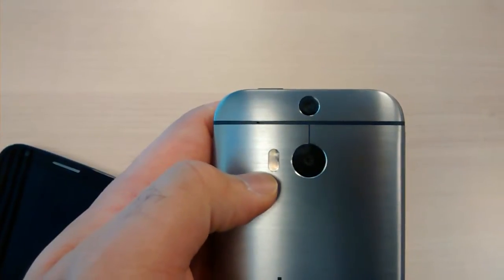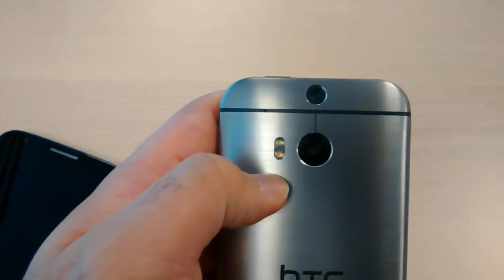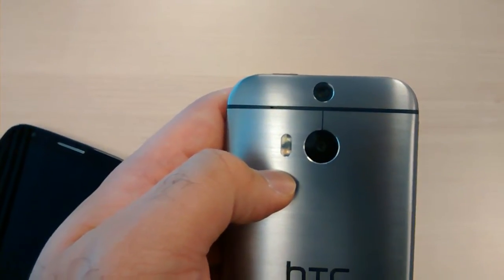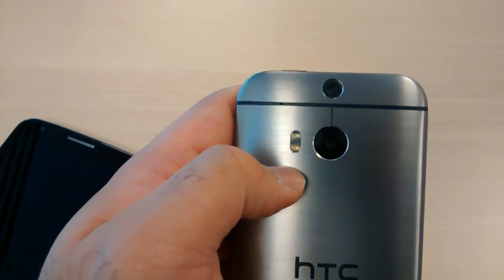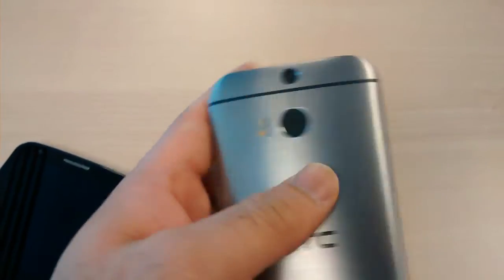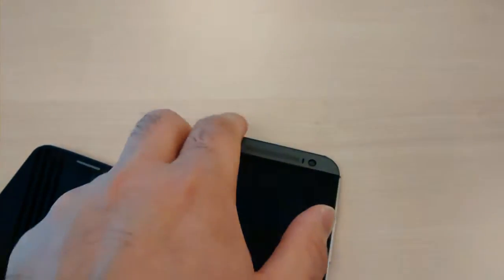Then you have, this time around, 2 LED flashes in the camera. Last year's model had 1 LED flash. This year the M8 has got 2 LED flash lights, just to give a bit more natural tone to your photos. So putting these phones aside next to each other,